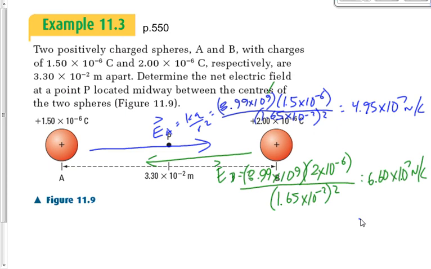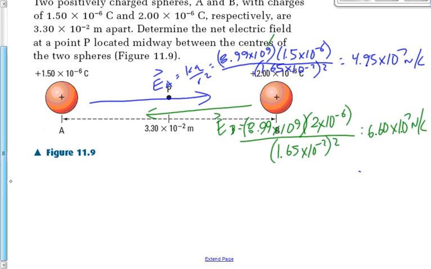So it becomes 4.95 times 10 to the 7 plus negative 6.6 times 10 to the 7. And that's going to give us what? Negative something? What is that? 4.953? No, I don't think so yet. 1.65? Is it negative, Jordan? I think it's negative there. 1.65, did you say? Times 10 to the 7